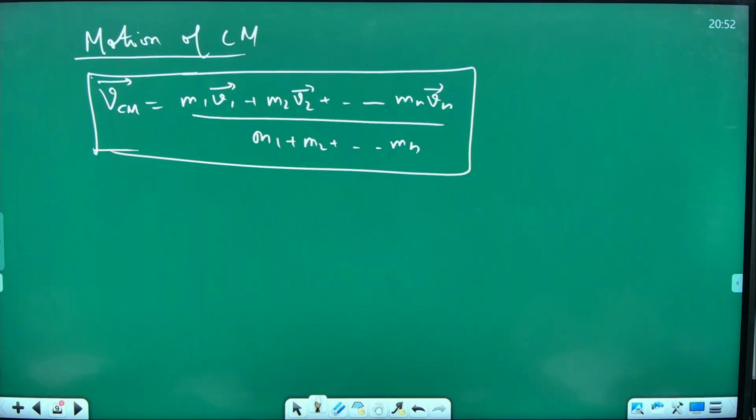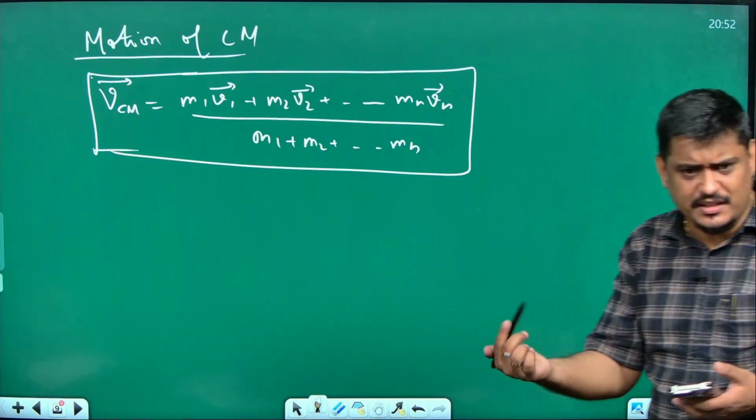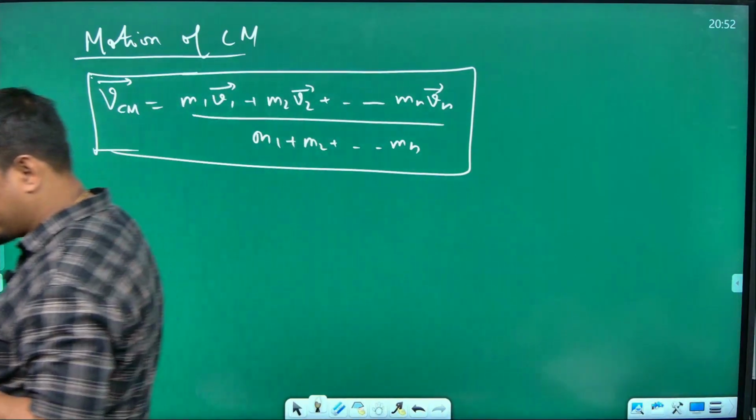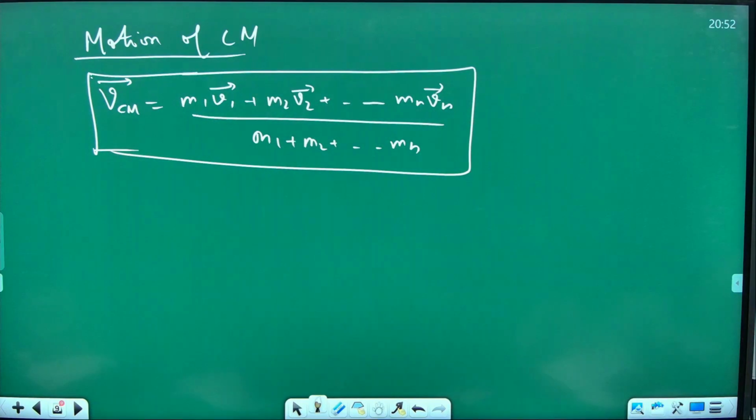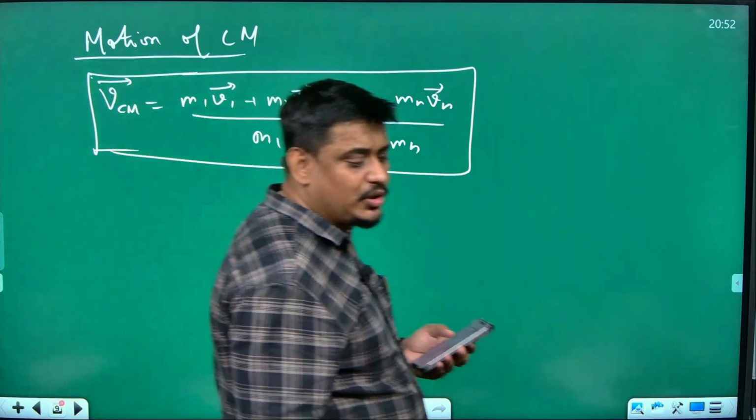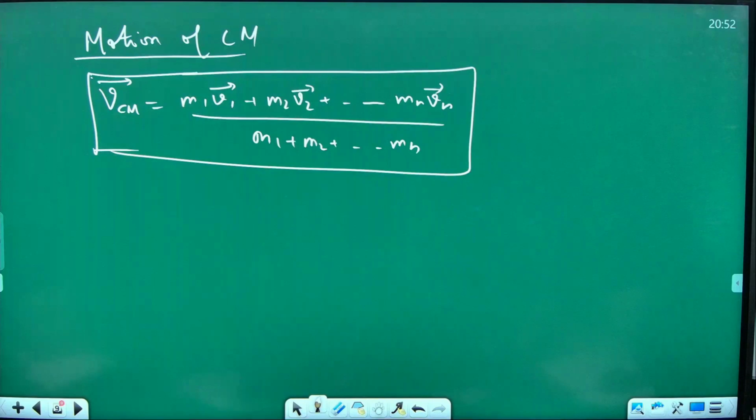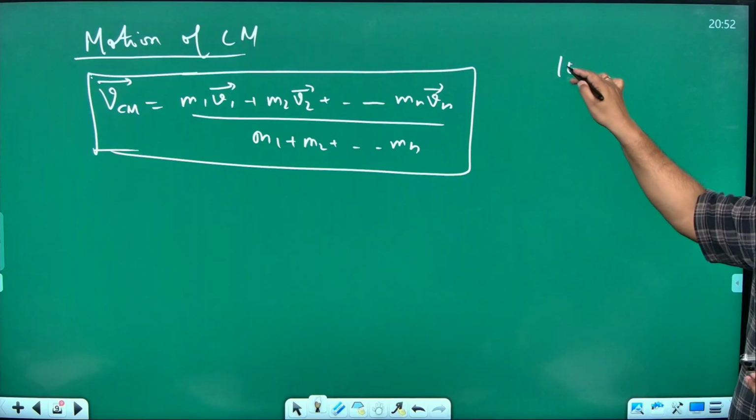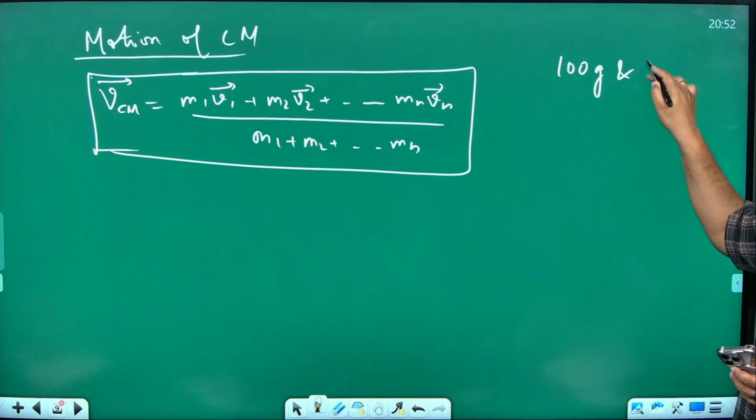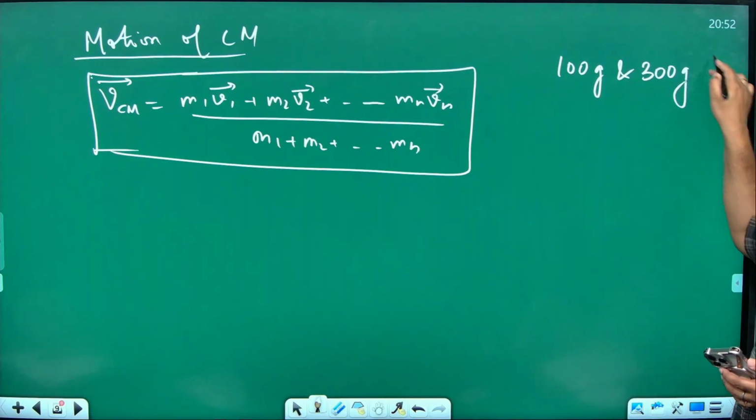Shall I give the question? Just to give you confidence about how the questions can come from here. Question is, please take a question. Two particles of masses 100 gram and 300 gram